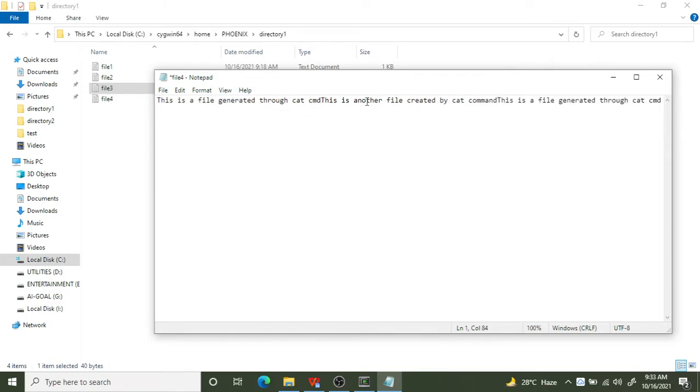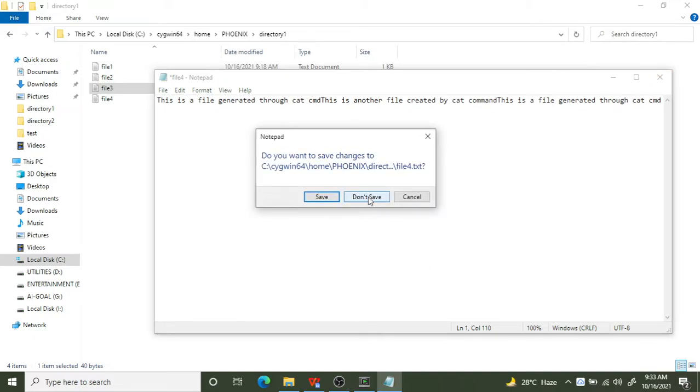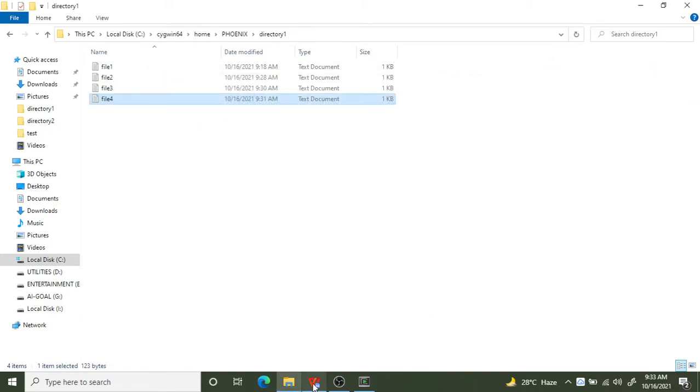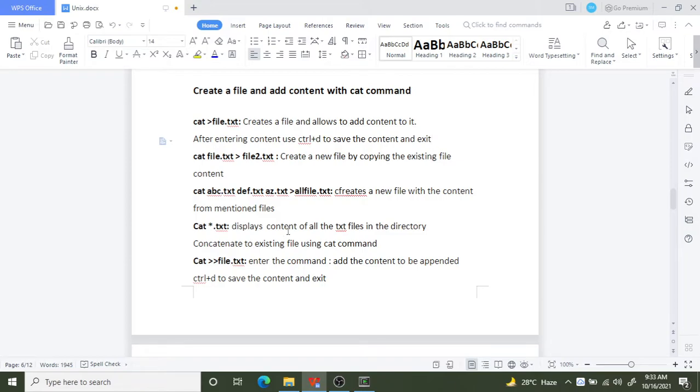So all the files, whatever the content was there, they were merged together. So if you see, there is no space also. This is the end of the first file's content, and the second file's content started immediately after that. So this is how it merged and it created this file. The original content stays as it was. So now you know how to create a new file by copying the content of another file, how to merge multiple files and create a new file. Hope everyone is clear now, right?